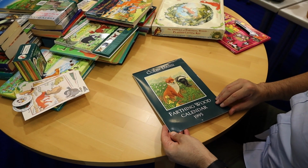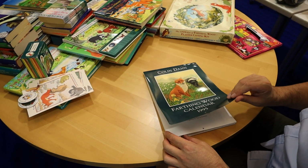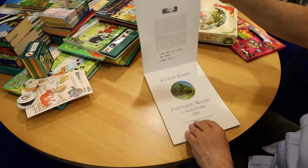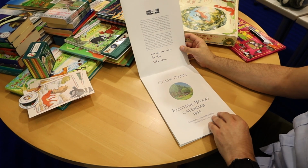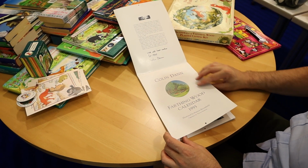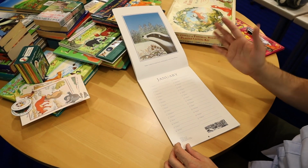This here is an Animals of Farthing Wood calendar, 1995. There were 2 other calendars that were produced, also 95 and 94 by the BBC, which I don't really have, unfortunately. This is signed by Colin Dan with all best wishes for 1995. And I really do like this calendar because each month features a front cover or a back cover of one